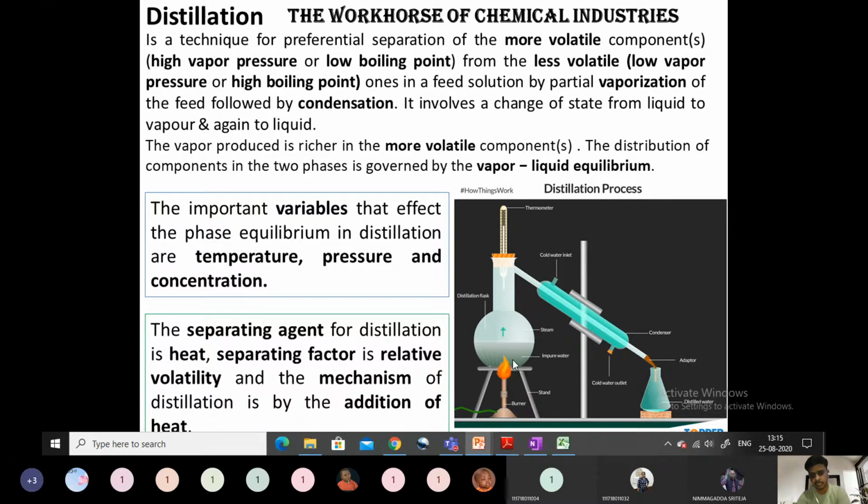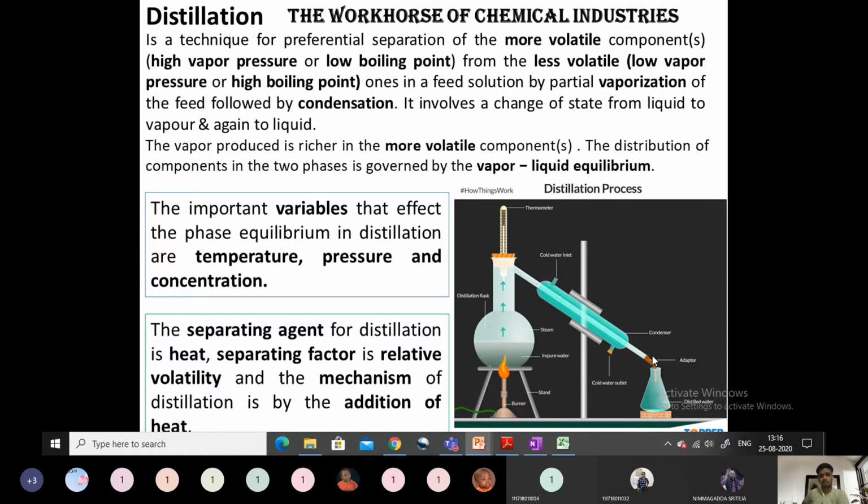In order to do so, we will ignite that pot. The mixture will be heated. Then the vapors that form will come into this condenser. These vapors, using the coolant, the cooling water flowing through the coils, will be condensed. Therefore, what we can conclude is that distillation is an operation in which vaporization is taking place and, at the same time, condensation is also taking place. So distillation is an operation in which vaporization of constituent elements takes place together with condensation of those vapors to liquid form. So this is distillation.